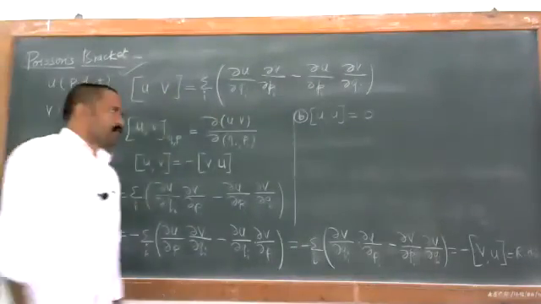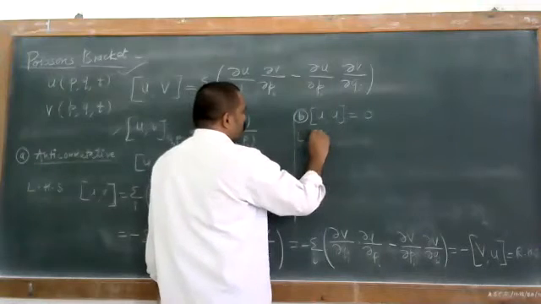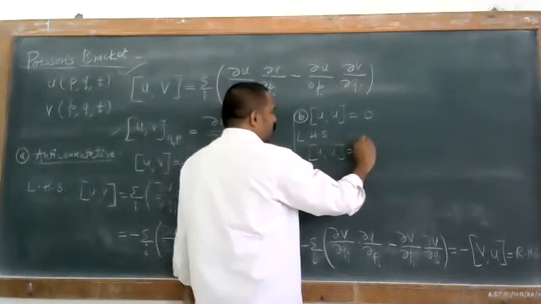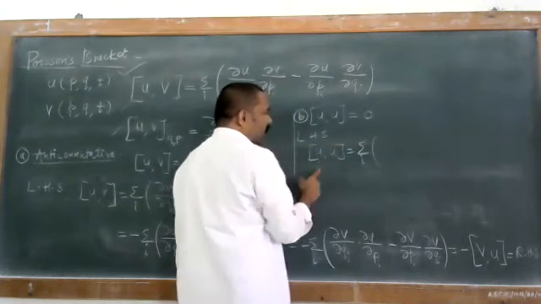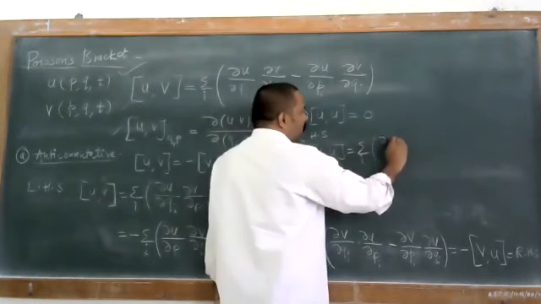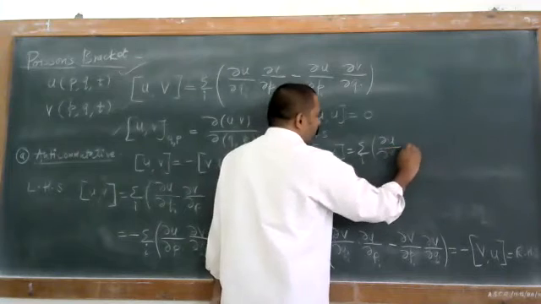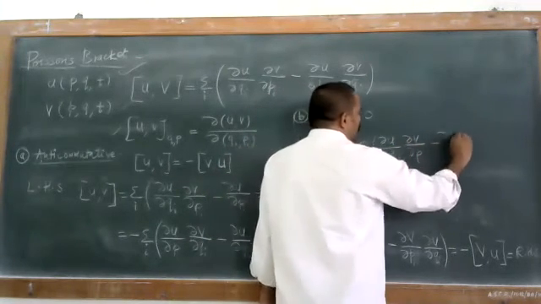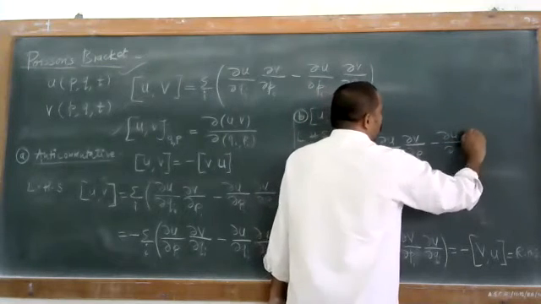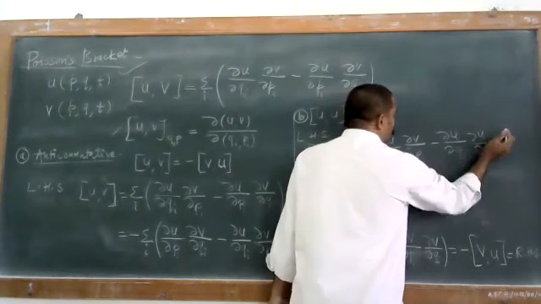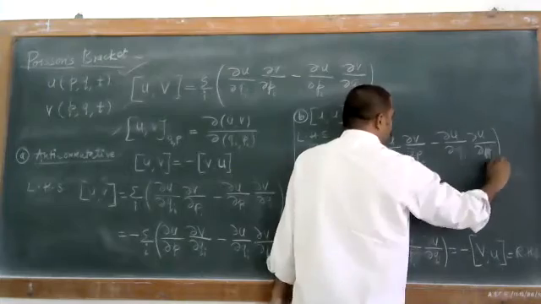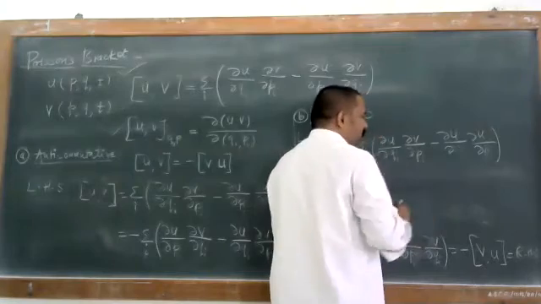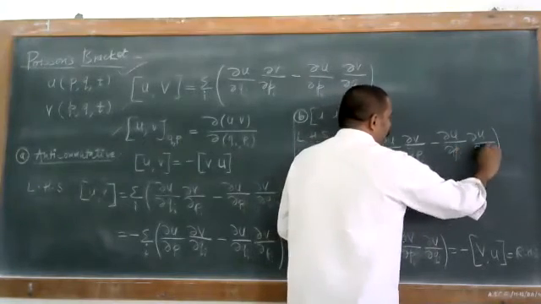The simplest one. Okay, so just take the LHS. As per the definition, the Poisson bracket of U, V is given in terms of this. So I can write the Poisson bracket of U, U is ∂U/∂Qi into ∂V/∂Pi minus ∂U/∂Pi into ∂V/∂Qi. First Pi and then Qi, as per our definition.